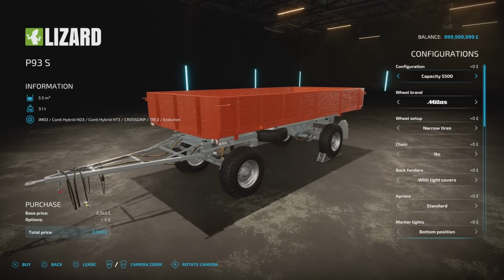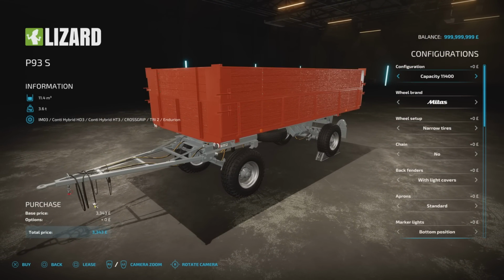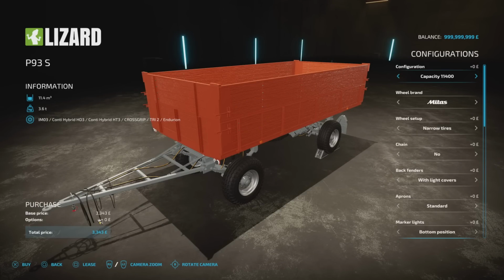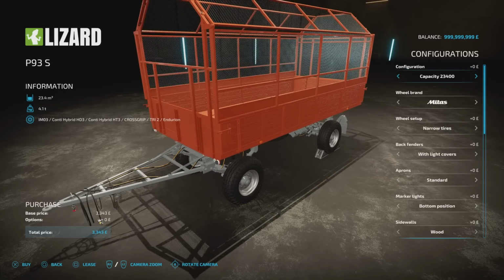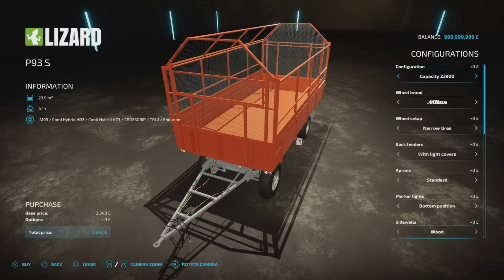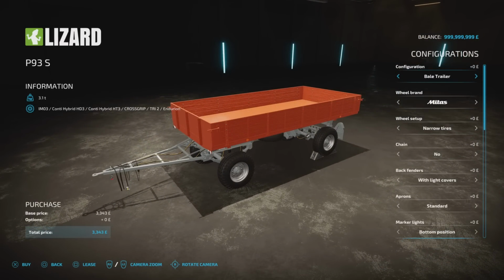So the options then on capacity, as we spoke about, 5,500 with the wood boards, 8,200, 11,400 like that. With the auger is only available on the 11,400. Then we got the silage cage, 23,400. Open at one side, 23,900. Open at the other side, 23,900. Then there's a bale trailer option that has straps